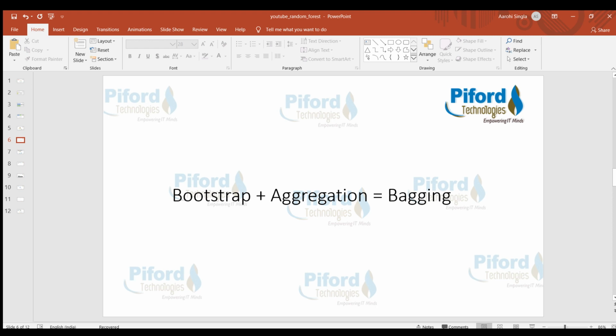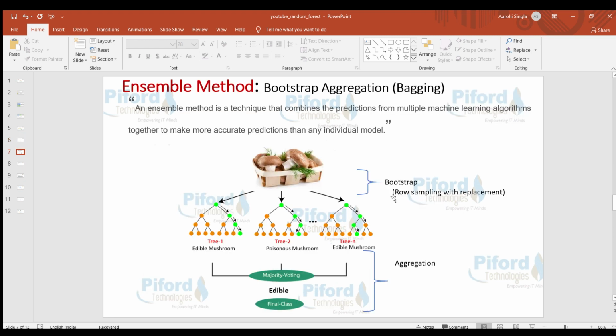The bootstrap concept and the aggregation concept. Now you know what is bootstrap and what is aggregation. Bootstrap means provide a separate subset to every decision tree, and those subsets should be different from each other. And aggregation means we are checking the majority voting. This is called bagging. In short, bootstrap plus aggregation is bagging.